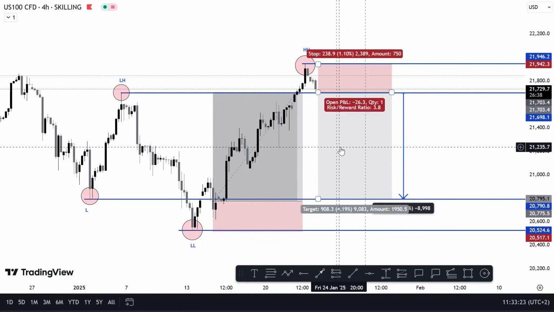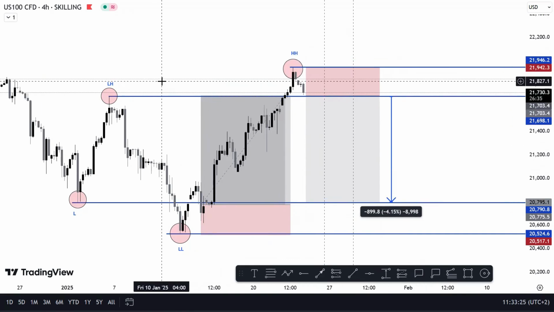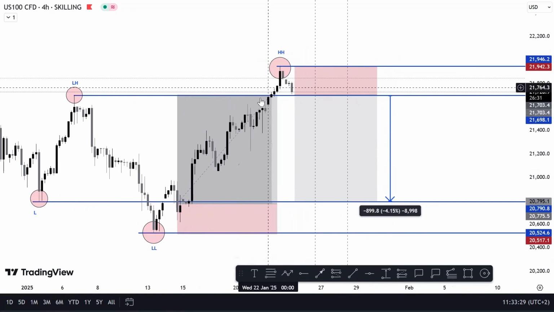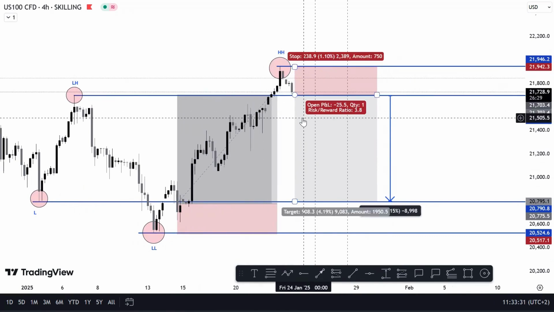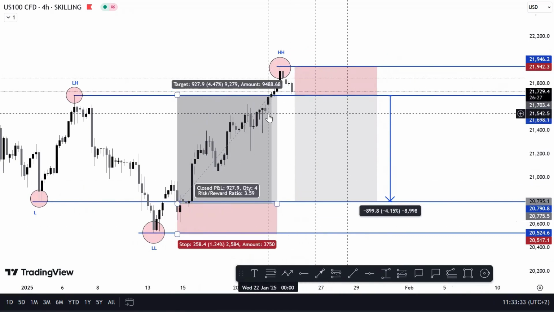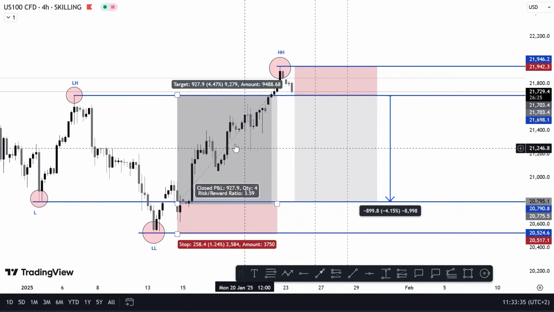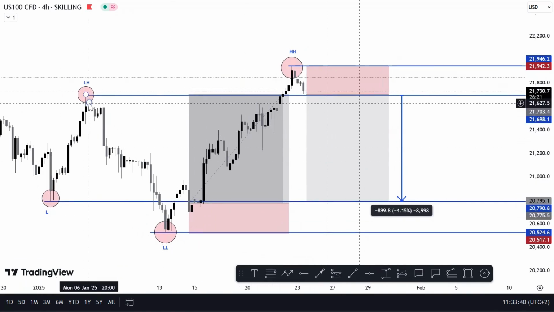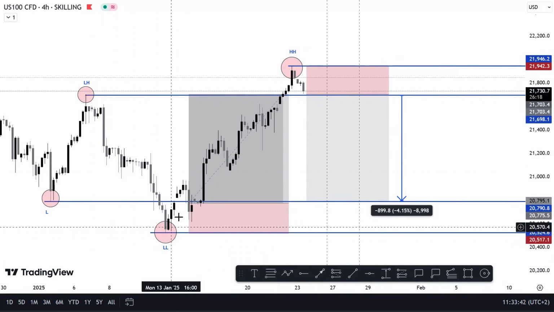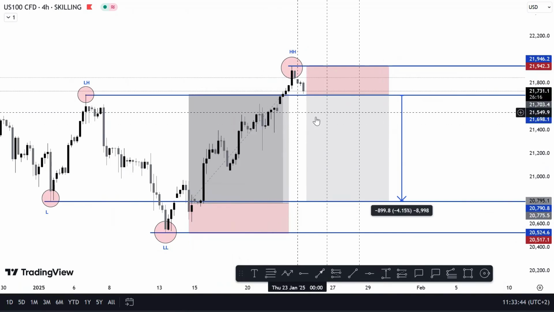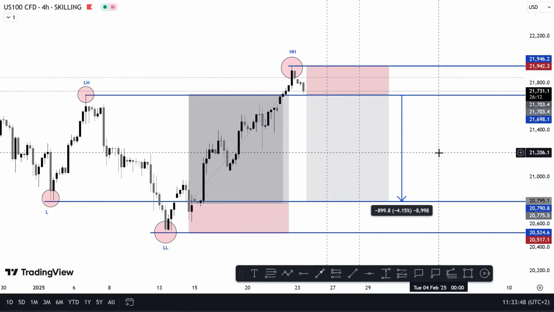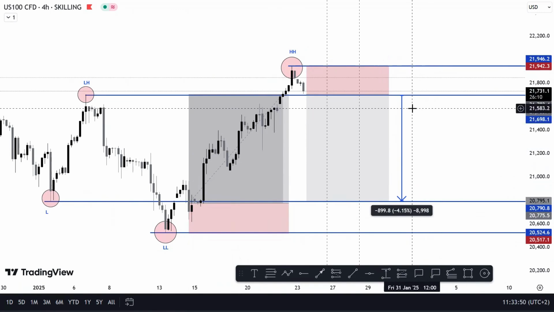So without any further ado, I did notice also on the M15 that we did have something of the same nature happening, but I won't really get into that. I just wanted to show you that this Quasimodo strategy really works. Now you can backtest it however you want. You can use a demo or you can jump in and use your own funds, but always, like I did say,